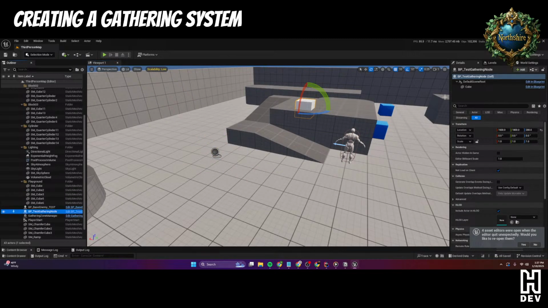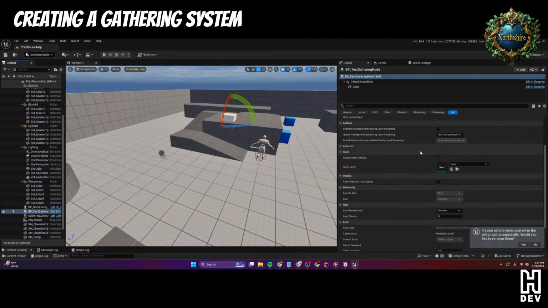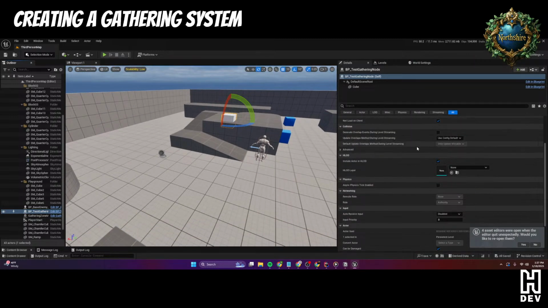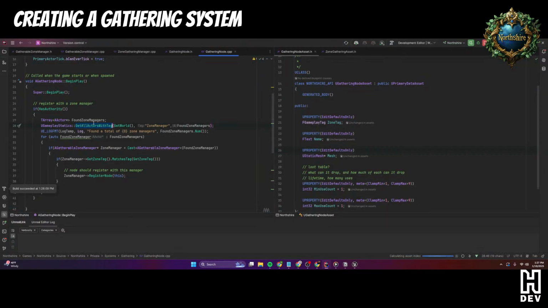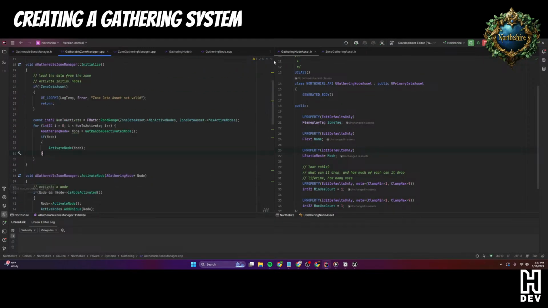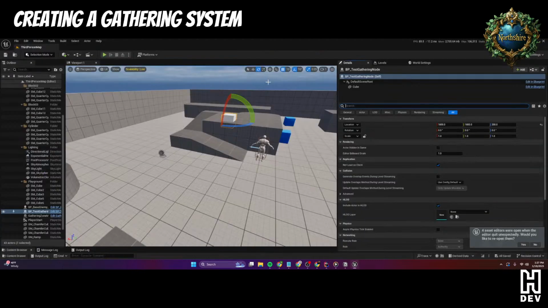If I look at it here, I should be able to just change the setting of what zone it will be. Okay. That's fine. So now we have it, it's set in Elwyn Forest, and I think we should be able